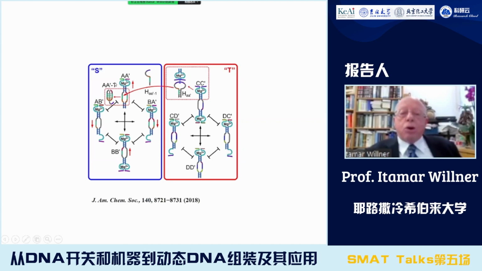For example, if we have two networks, S and T, and we introduce into this mixture of two networks a hairpin structure HAA prime that is being cleaved by this DNAzyme. We engineer this hairpin in such a way that the cleaved fragment